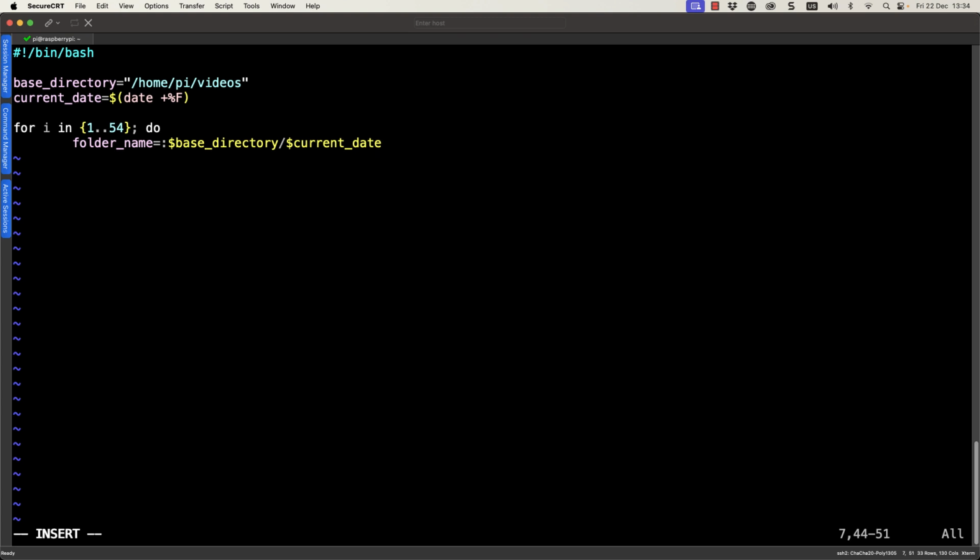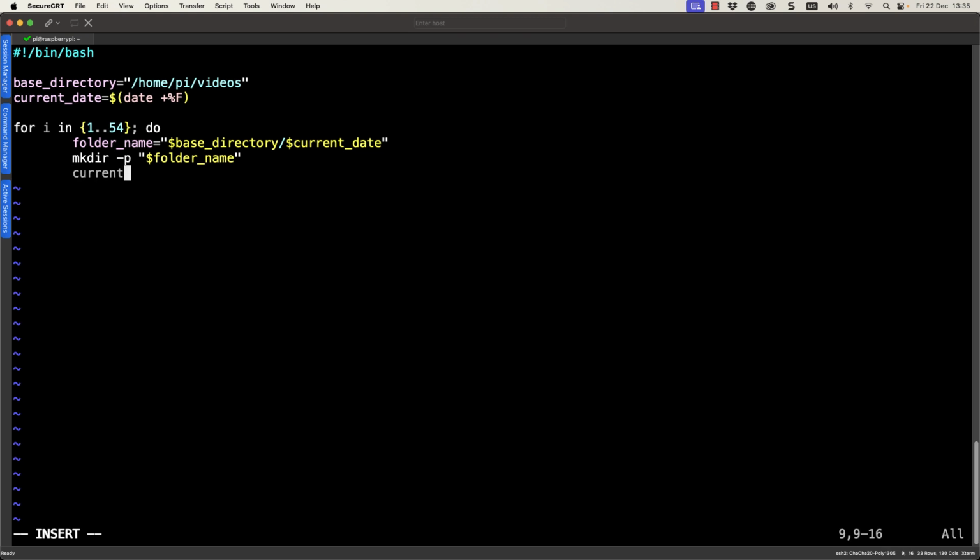With that done, we need, of course, to create the directory. Let's just make sure that this is all quoted properly, so I'll have my string for folder name in double quotes. We need the double quotes to expand the $ symbol. mkdir -p to create our directories, and then it's going to be $folder_name. Now that's the simple bit because all of that is really hard-coded information, even though we're using variables.